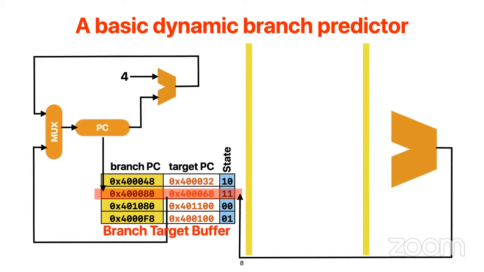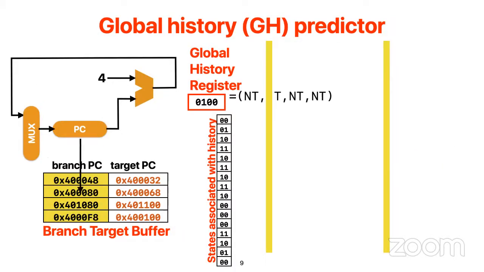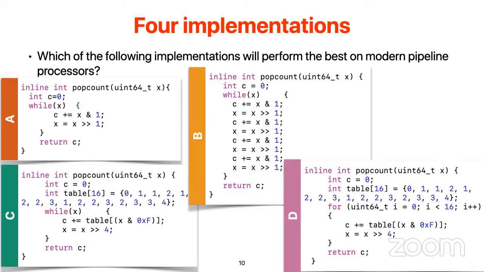And for the pipeline processor, we have hazards, and to resolve the control hazard, we learned branch prediction, and there are better ways to do branch prediction, right? Because of branches, these pieces of code, C and D, perform better because you are reducing the number of branches, to avoid the overhead of misprediction, even though